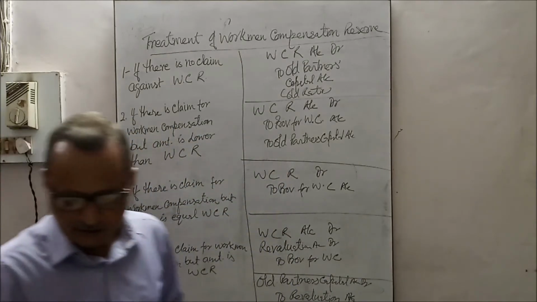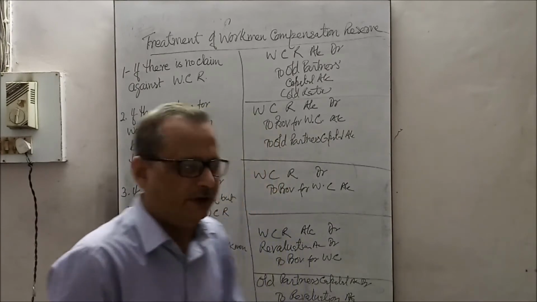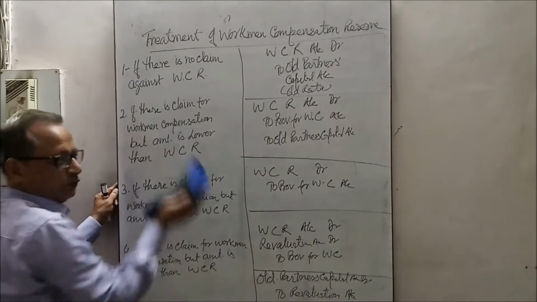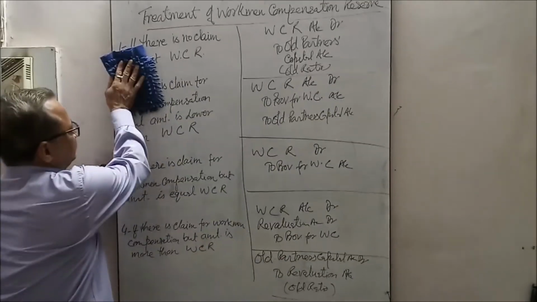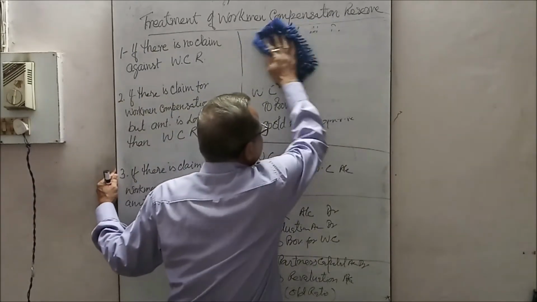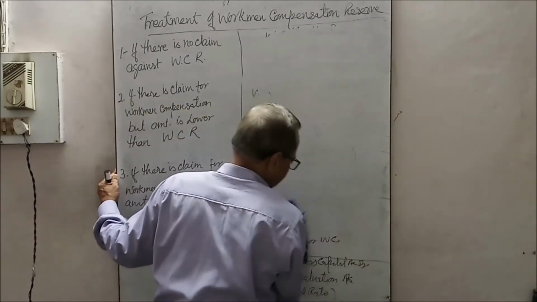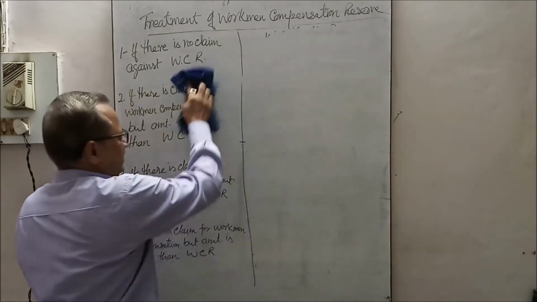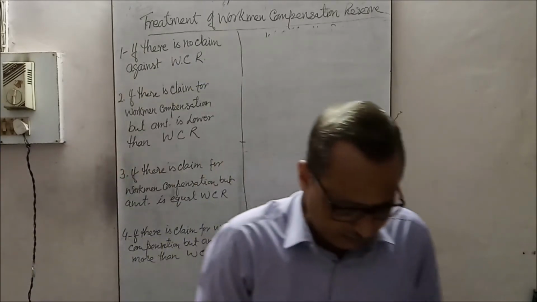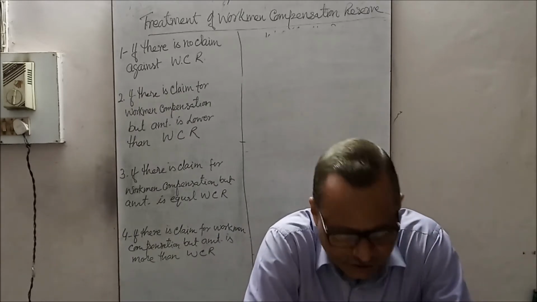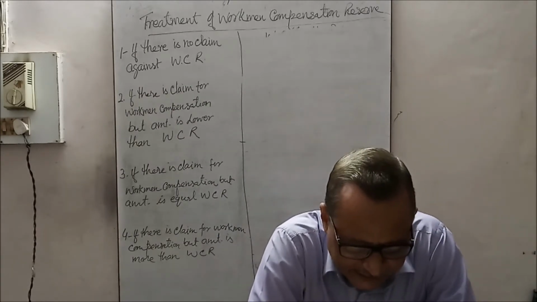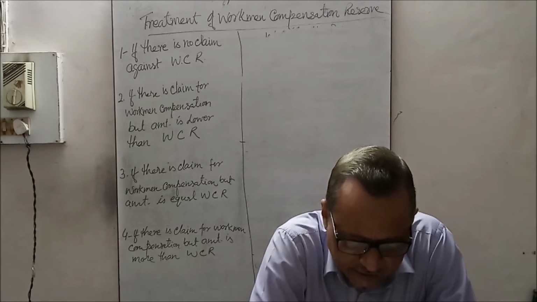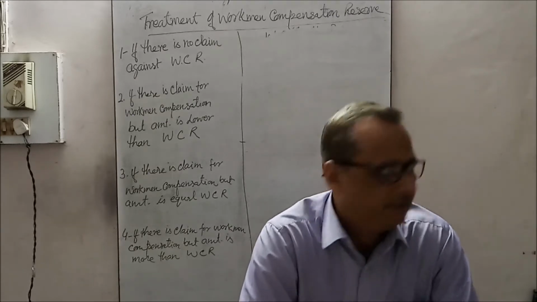Now see how practically it is to be done. You learn the entries. These are the cases. So one illustration is there. A, B and C are partners sharing profit and losses in the ratio of 2:2:1.